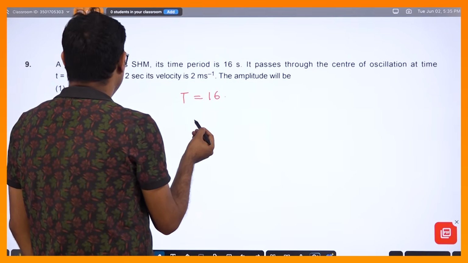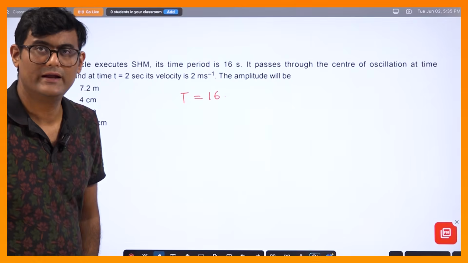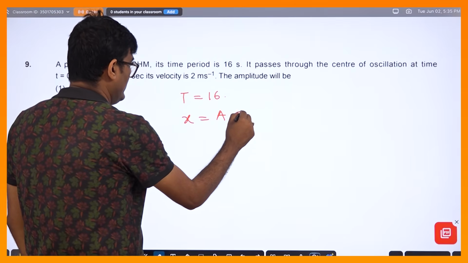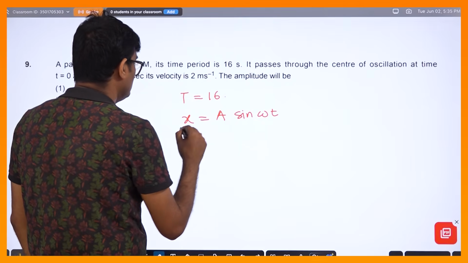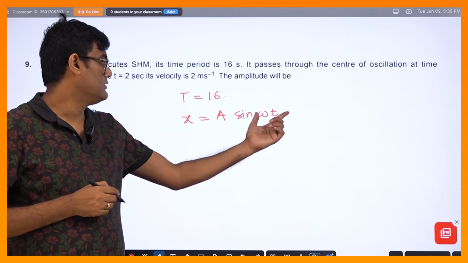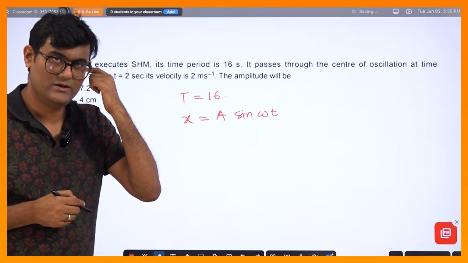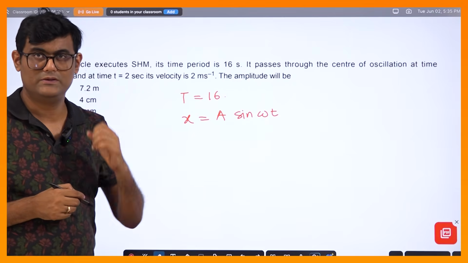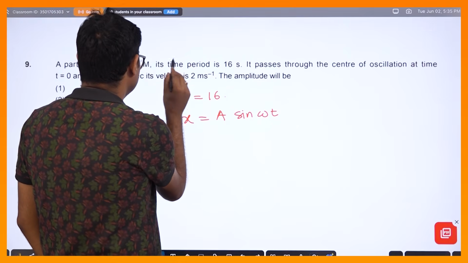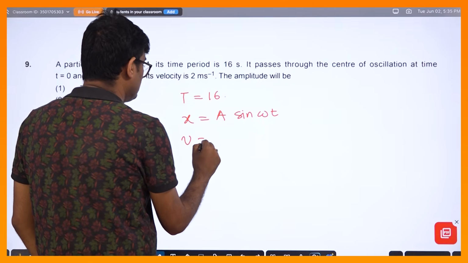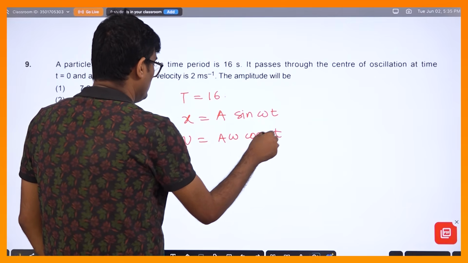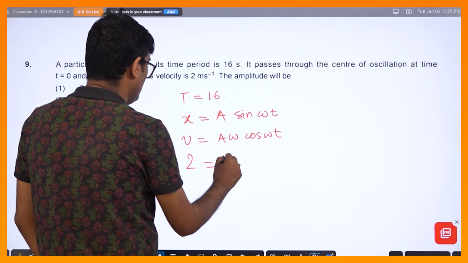It passes through the center of oscillation at t equal to 0. In that case, we can write down the equation of oscillation, right? Equation is x equal to a sin omega t, because at t equal to 0, it was passing through the origin. So this phi will be 0 here, right? A sin of omega t plus phi. This initial phase will be 0. And at t equal to 2, its velocity is 2 meter per second. So velocity is equal to a omega cos omega t. So at t equal to 2, this velocity 2 is equal to a omega